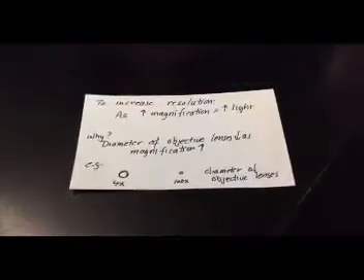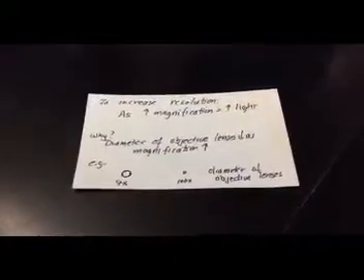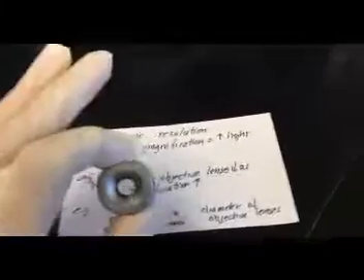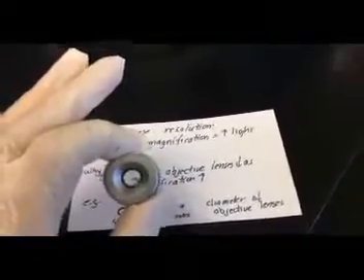low power 10x, high dry 40x, and then to our oil immersion lens, we need to remember that as the magnifying power of the objective lens increases, the diameter of the objective lens decreases. So I just made a little cartoon here, so we can pretend this is the diameter of the 4x objective lens compared to the diameter of the 100x objective lens. And I actually unscrewed the 4x, the scanning lens, from one of the microscopes, and you can see the diameter here, relatively